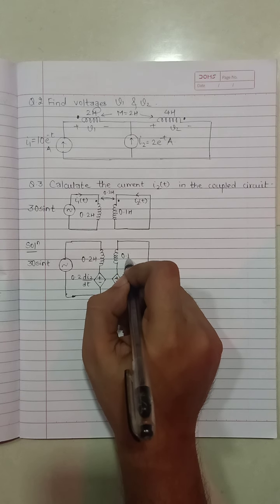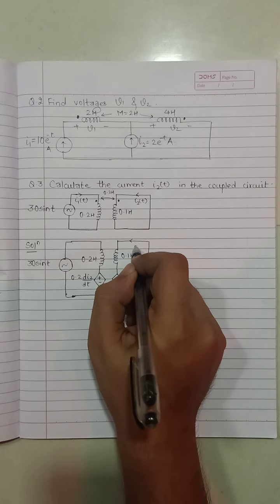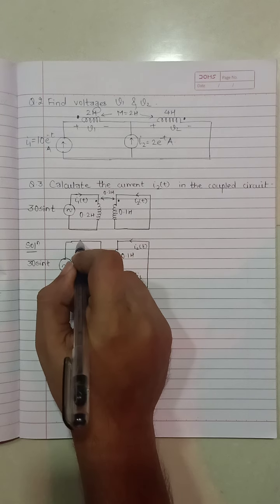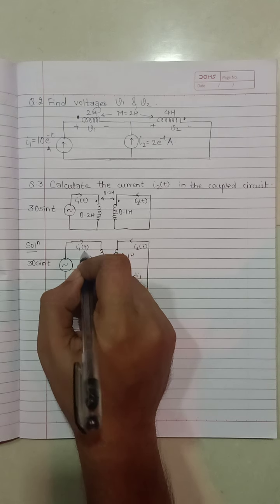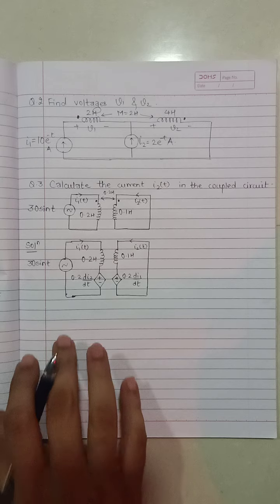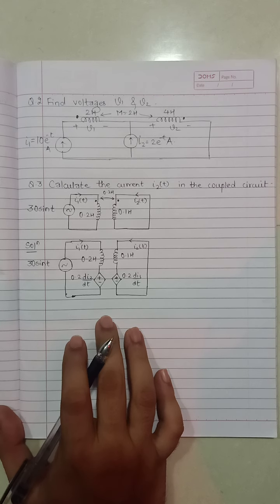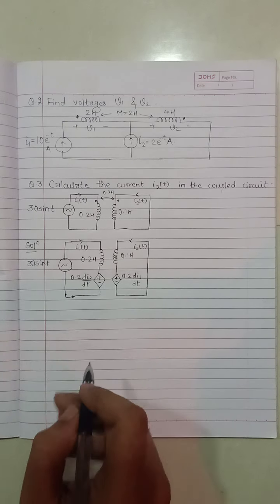This value is 0.1 Henry. Current flowing is I2 of T. Current flowing in is I1 of T. So this is the final diagram. So what we'll do, we'll apply KVL in mesh 1,